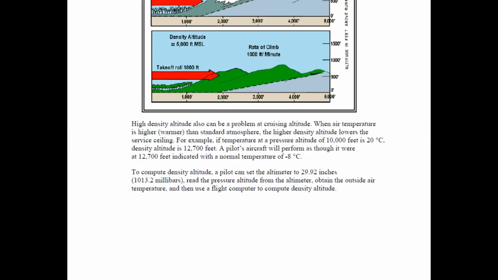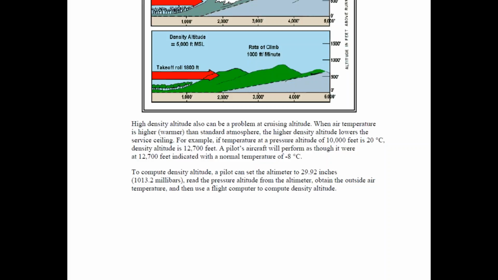But if you're using ISA plus 10 as your deviation, then that's going to reduce your overall capability to fly higher. Because if the service ceiling is based on a standard temperature, 41,000 feet would be the top. If you're warmer than that, you'll see this later on the charts, but you'll see that